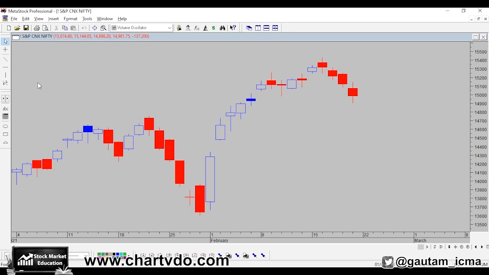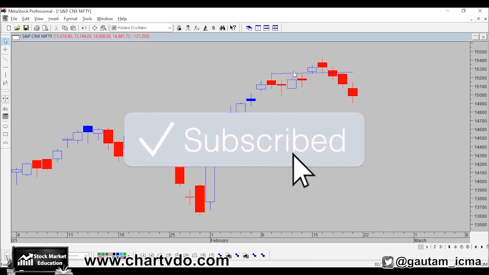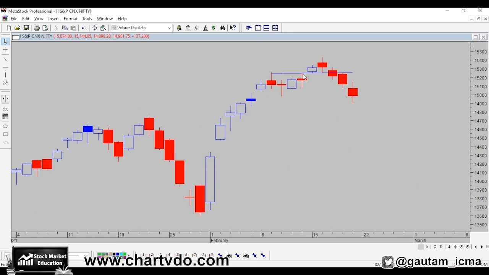Next, the previous top which it had made while on the uptrend has been clearly breached. Well, this I always tell you is the first support on the left hand side. For a downtrend to begin, this particular first support should be violated. Thereafter, the next major support was at 14,977. Well, market closed exactly at that level.